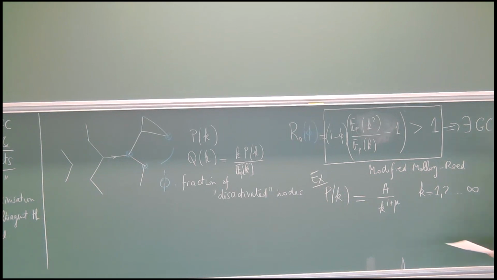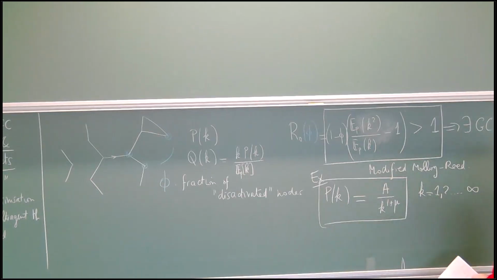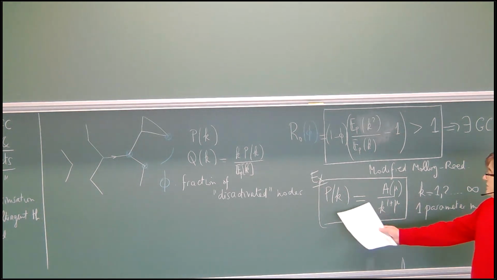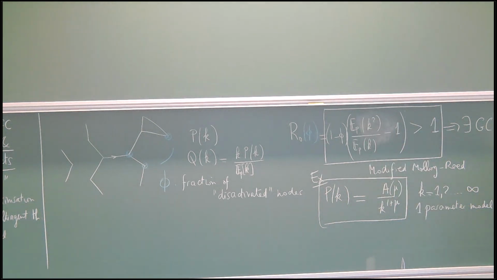Okay, so this is my model. A here is just a normalization, so this is a 1 parameter model. The only parameter is mu. So I have a certain A of mu here, which is such that the sum over k of P of k is equal to 1. So from this P of k, I can compute R0 as a function of mu,